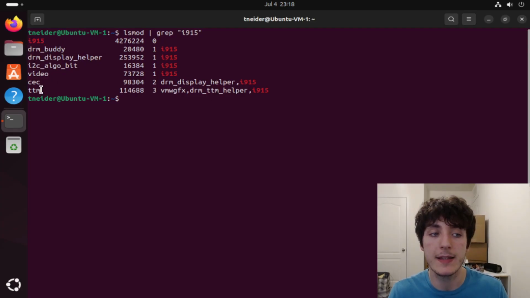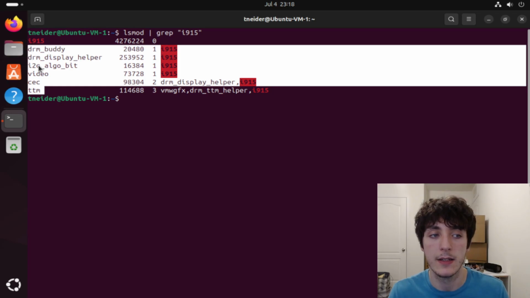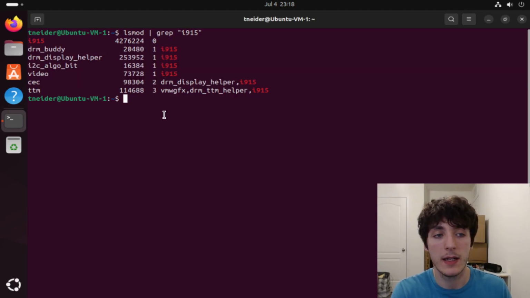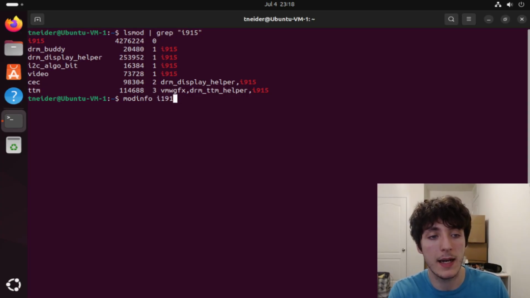Now keep in mind, this has dependencies. You know, these modules are using this module, but I know for a fact that in this episode I can remove this module and re-add it, and there won't be any issues. So I can show you guys in this demonstration. Now let's do modinfo, because like I said, you always want to know about the module before you start making changes. So do modinfo i915. And